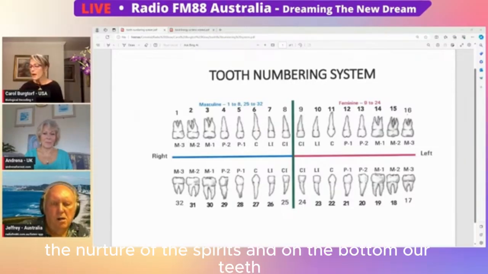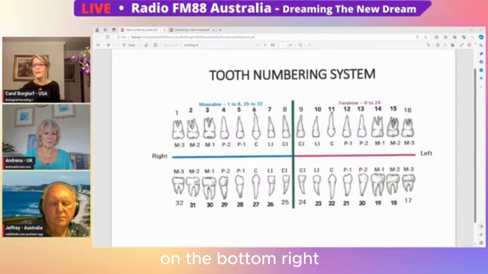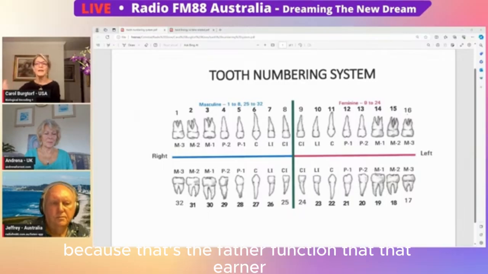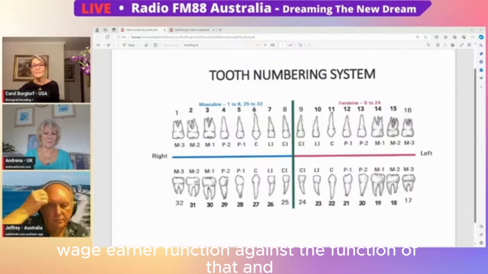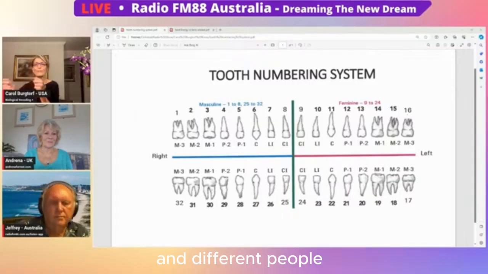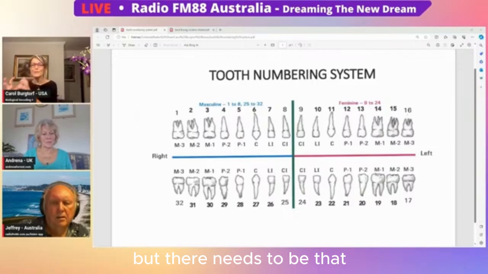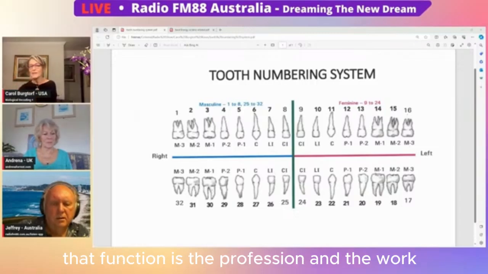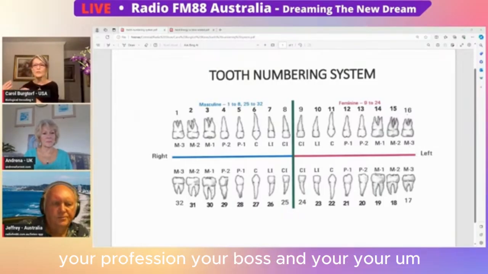And on the bottom teeth, we've got on the bottom right, because that's the father function, that earner, that wage earner function. Again, it's the function of that, and different people segue into different functions in this day and age, but there needs to be that function, is the profession and the work. So the bottom teeth on that right side have to do with your work and your profession and your boss